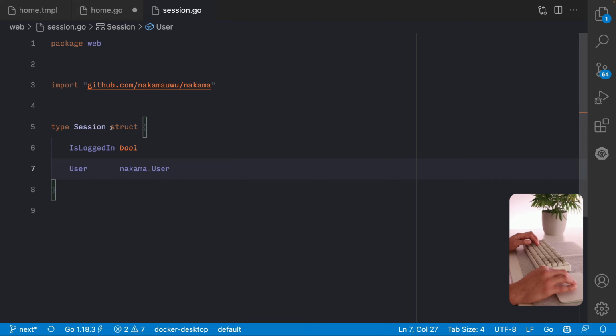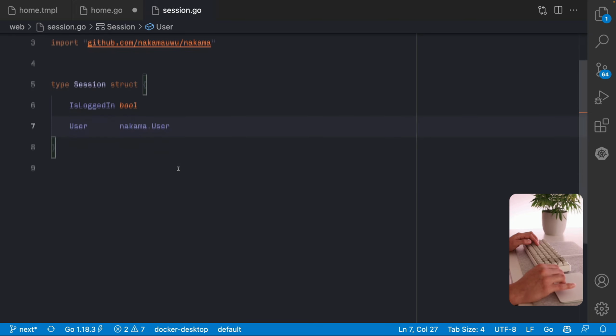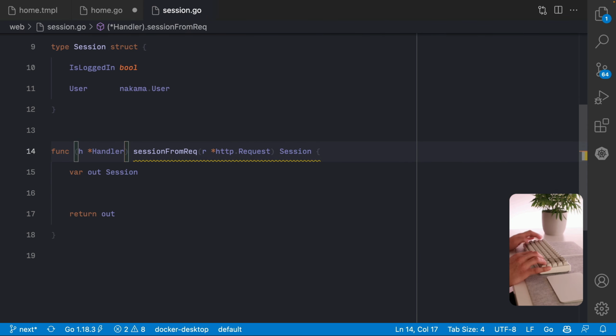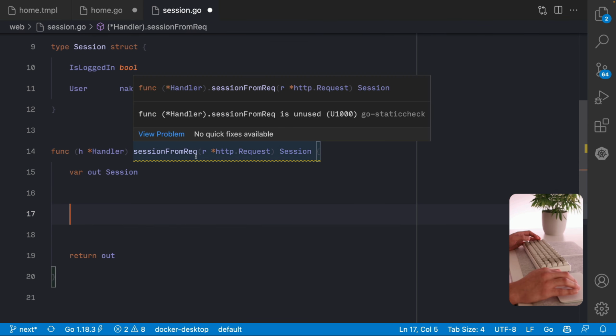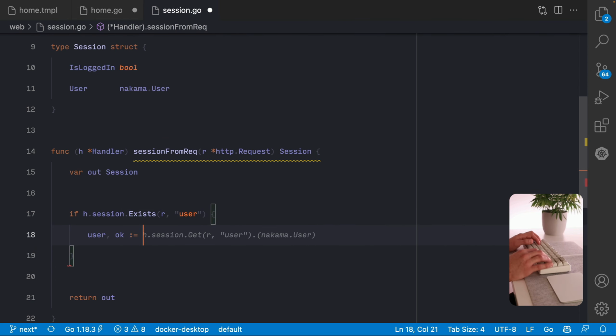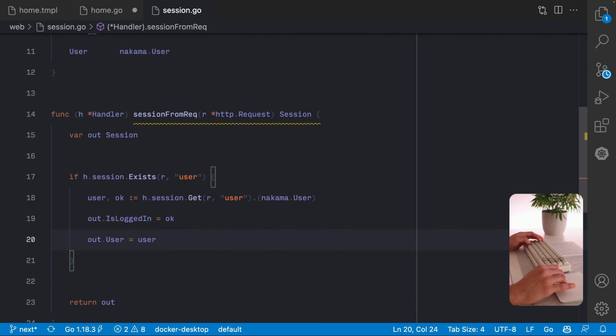So to get the session data, I'm just gonna take it from the request. So this session from request method is gonna take the user from the actual cookie and try to set it into a session. And that should be it.